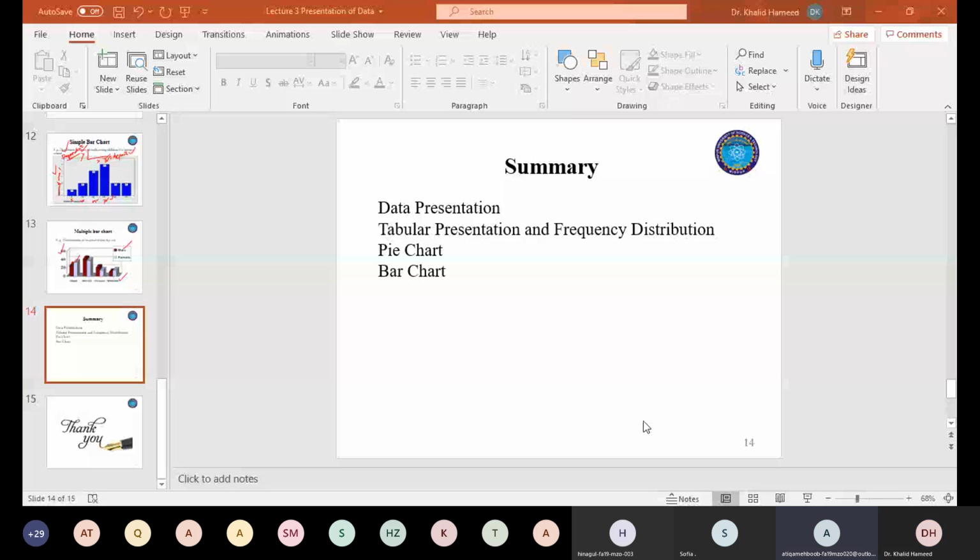Yes, sir. But it can have like 5, starting from 5 to 6. Although I know it's meant for large data. Okay, it can have any width. It depends on your data set. Normally, we keep classes less than 10. There is no hard and fast rule. It's the discretion of the researcher. So it depends on the length of your data set. It must be less than 10, but normally we keep it between 4, 5, 6.